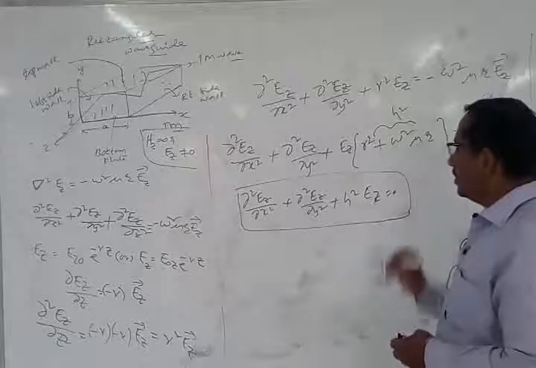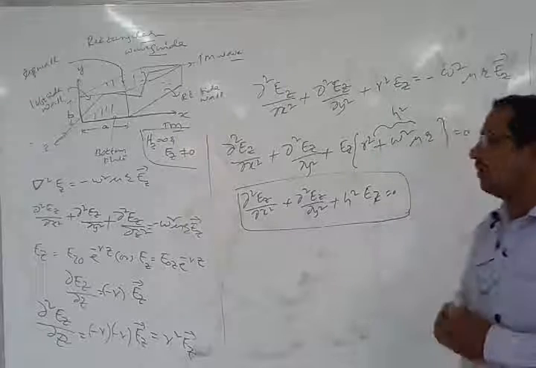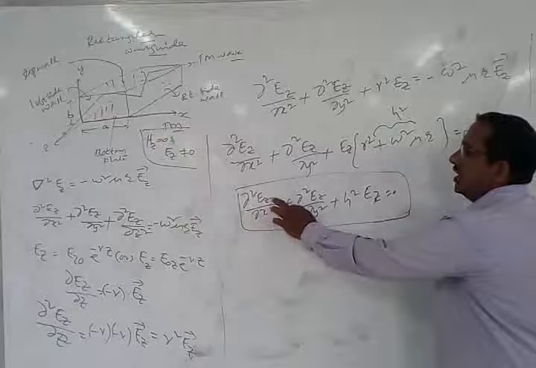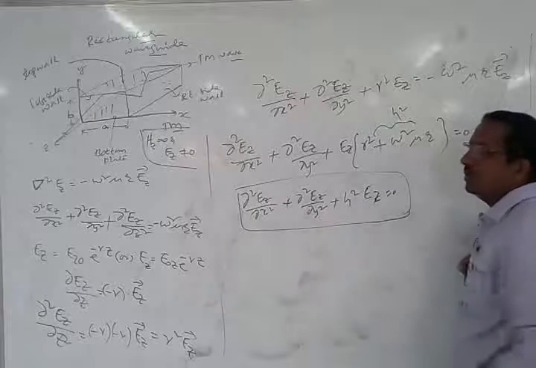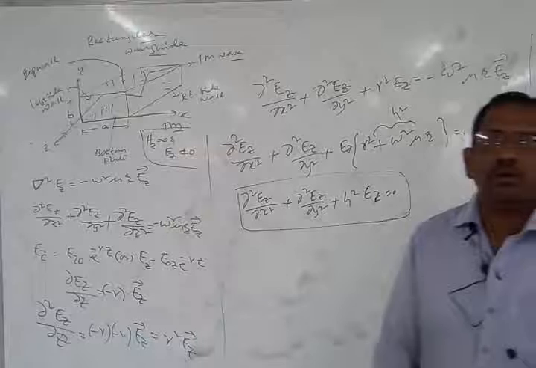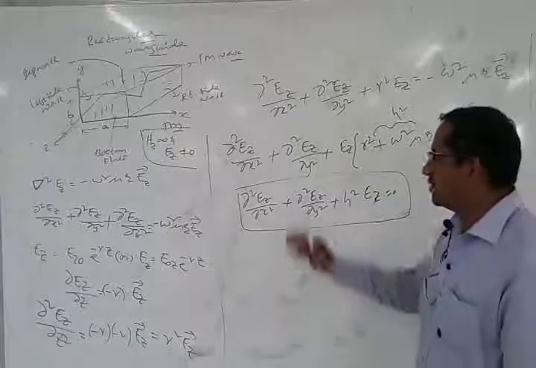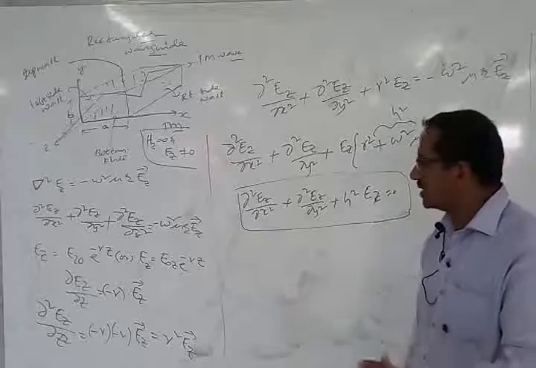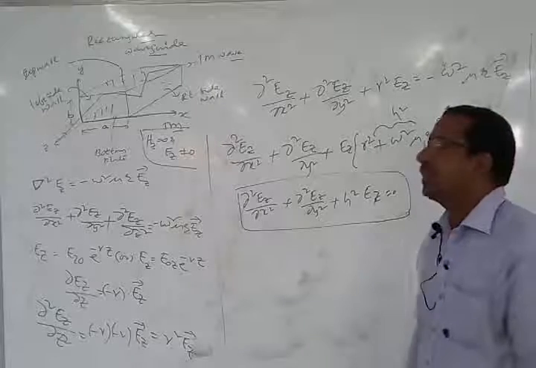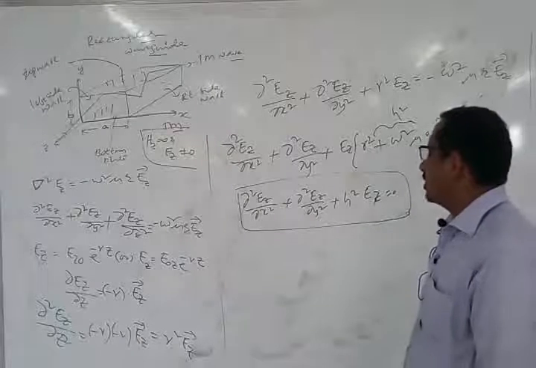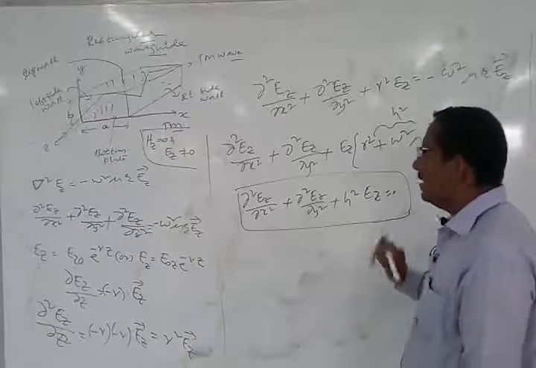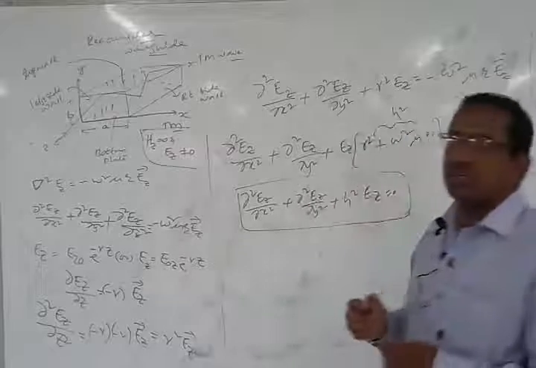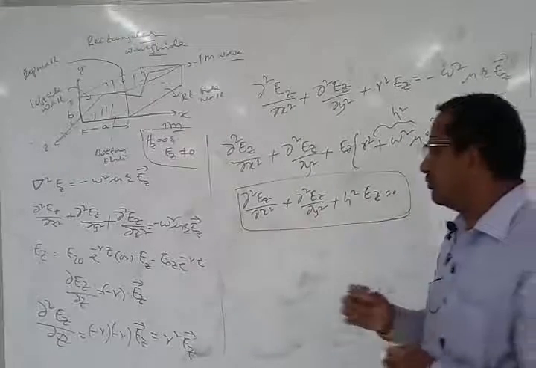Now we have to find out what? Because we have differentiation of the Ez wave with respect to x as well as with respect to y, we have to solve this equation. Solving this equation means what? We have to solve for the equation in terms of x as well as in terms of y direction. So to get that, we apply the variable separable method. We solve the above equation by using the separation of variable method.